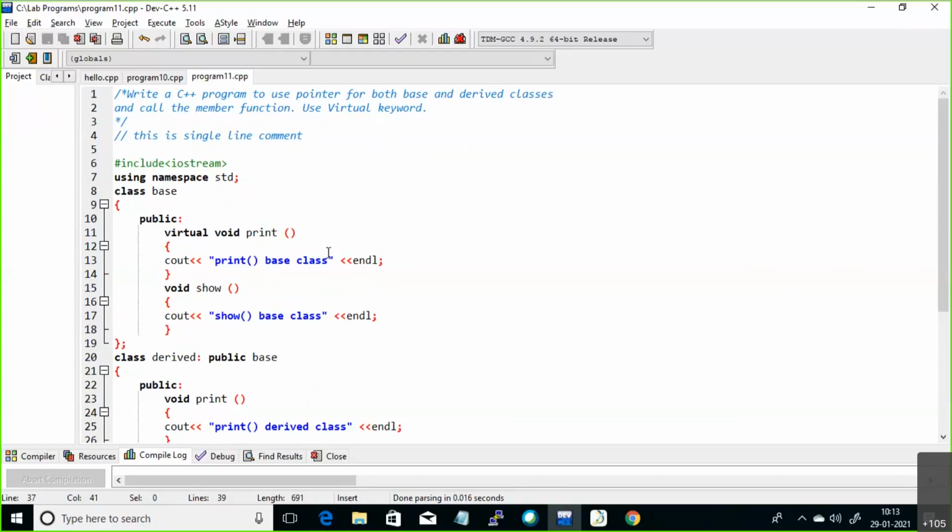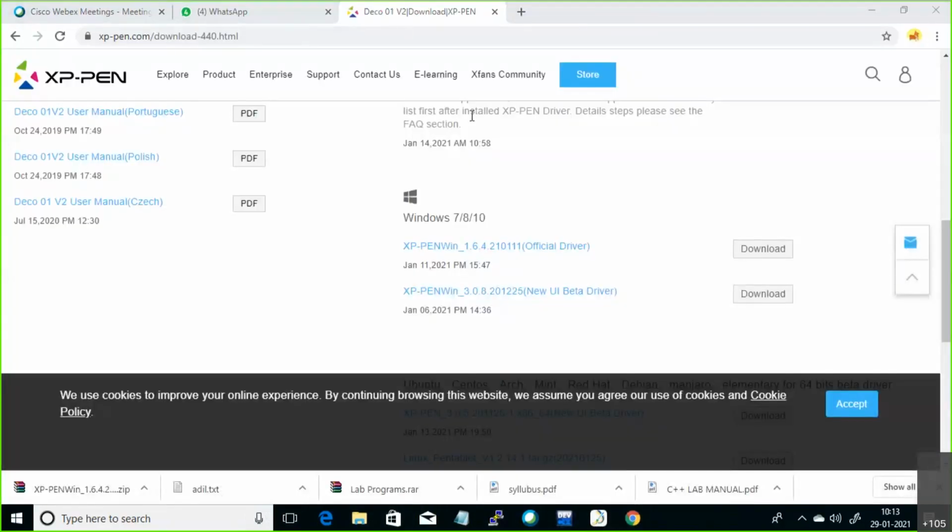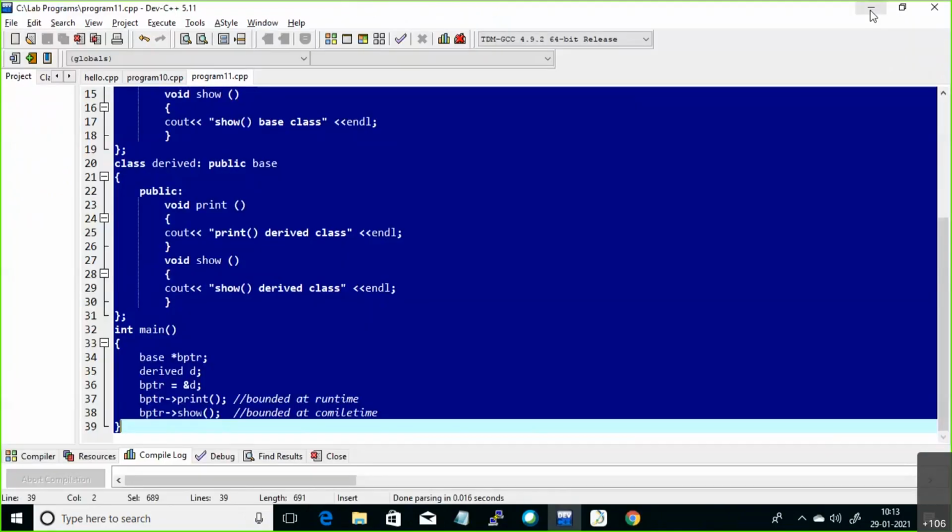Same code you can write for your 11th code. I will just share this in your group. You can write this in your observation also.